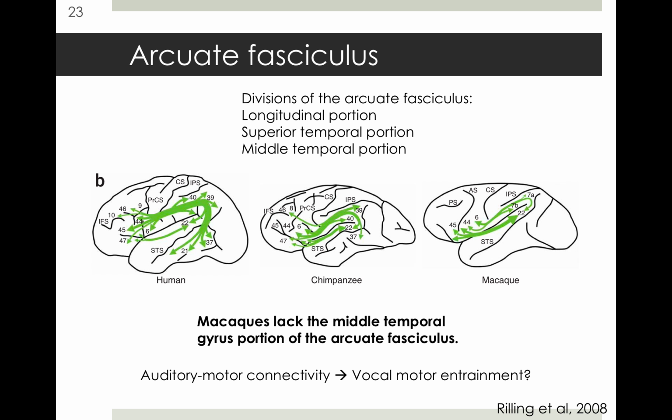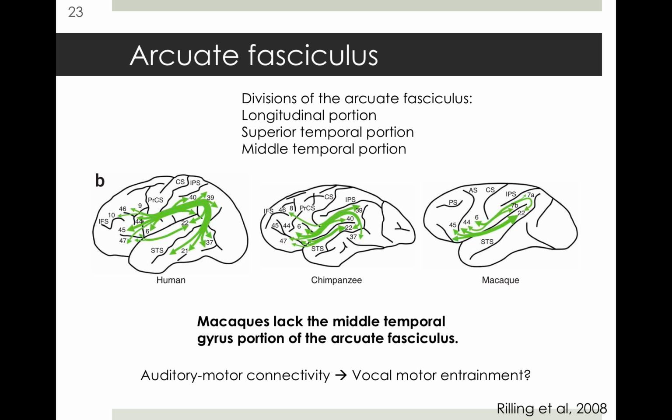Chimpanzees have connections that go into the superior temporal gyrus, but not really into the middle temporal gyrus, while we humans have it all the way along the middle temporal gyrus. Chimpanzees don't have it, and the macaque monkeys don't have it at all. I think it's really quite interesting that macaques just lack the middle temporal gyrus portion of the arcuate fasciculus,